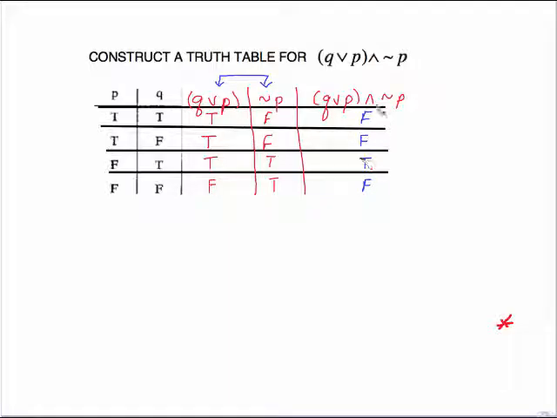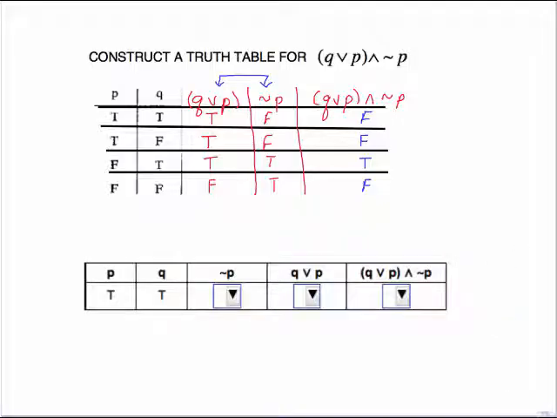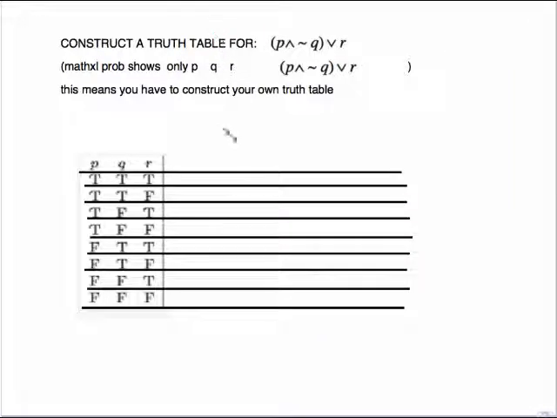Now, there's two ways you can see this on MathXL. Sometimes you see it on MathXL like this, where they have already written out all of these columns for you. Now, I happen to have put my not P in a different place, but that's okay. But notice the last column is what we have right here. So sometimes they've got it written out for you, and then they've got it as a drop-down menu where you'd have to enter each box at a time. Sometimes you have to just totally build it on your own. So when you see this and you don't see a drop-down menu, you're going to have to build this thing